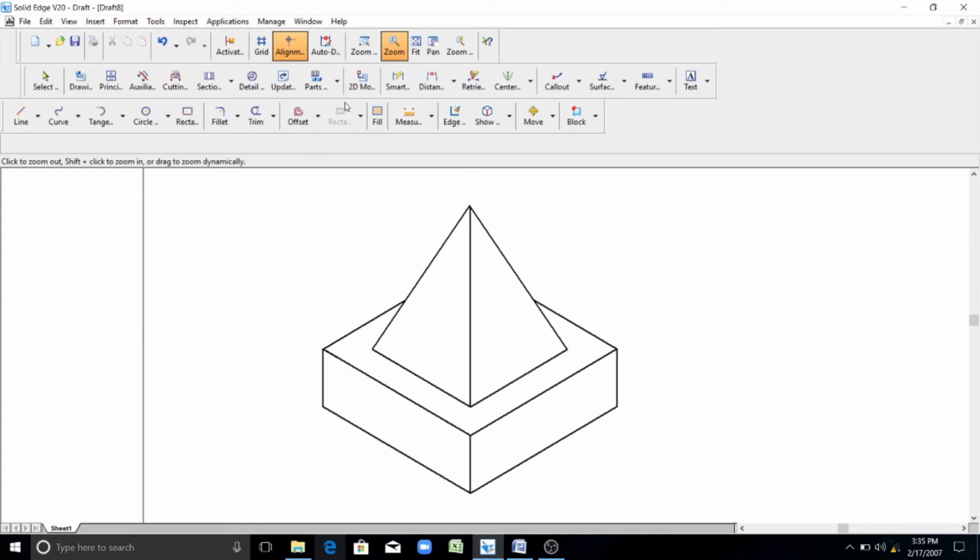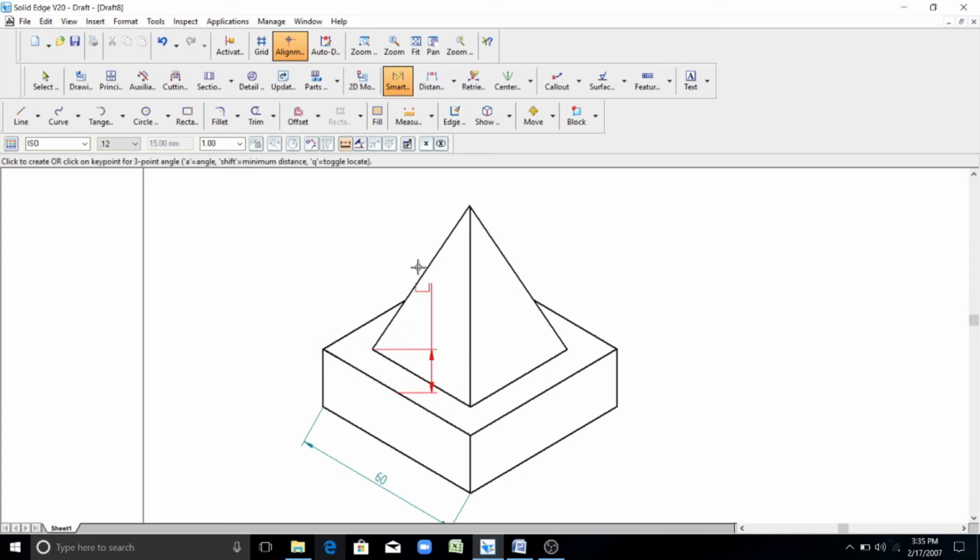Now you have to give the dimensions. So for that you click on smart dimension, select the side or edge where you want to show the dimension. I need to show this dimension. Height of this is 50, but this height is from the center point of the line.